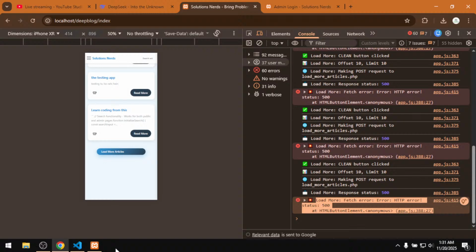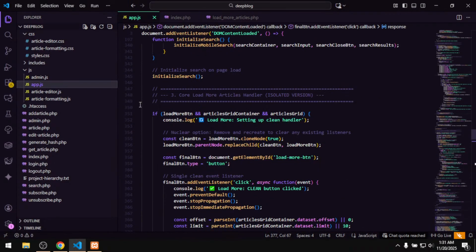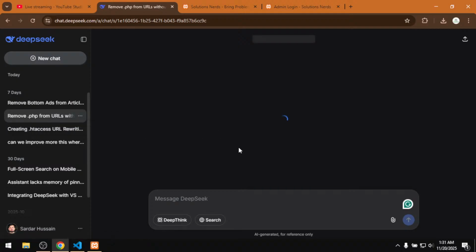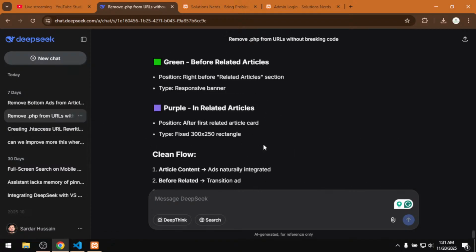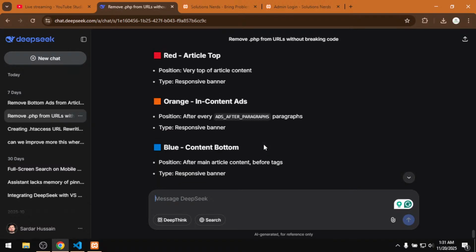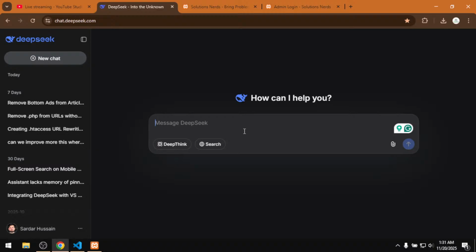So we need to go to app.js, and here I will say this one. So where is that? I think this portion. Okay, article react responses, origin add content and create.html, remove bottom ads. Okay, now in here let me create a new one. So let me ask DeepSeek, is it remembering our website? Did you remember